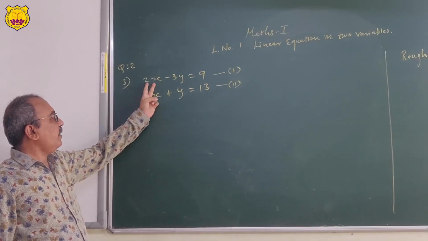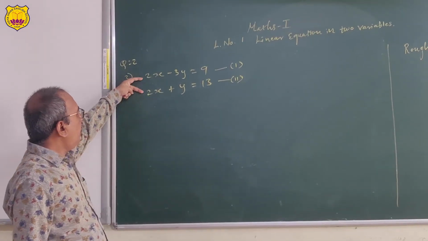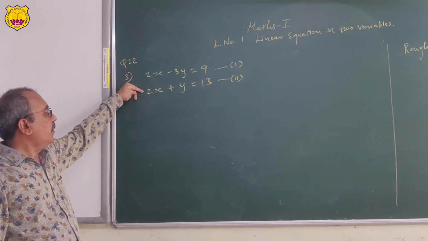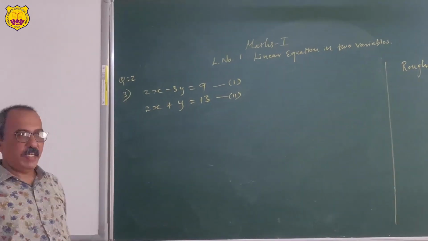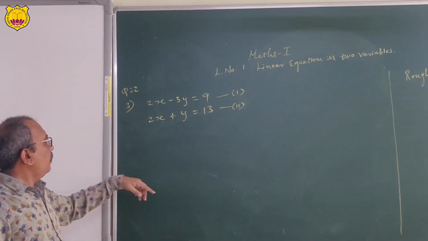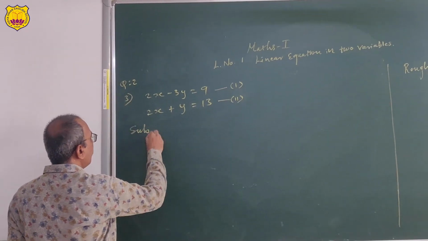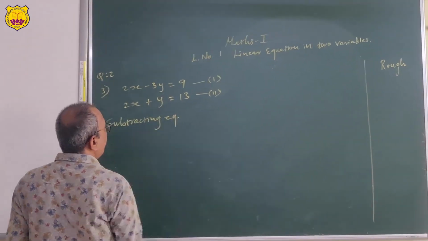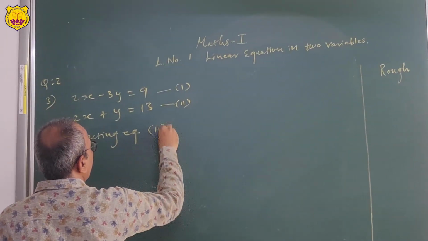So it is better to cancel this 2x, 2x. But directly we cannot cancel as both of these have same sign, positive 2x, positive. So one should be negative to cancel this. So for cancellation, what we need? Subtraction sign here, that is negative sign. So we will do subtraction of these two equations. Subtracting equation 2